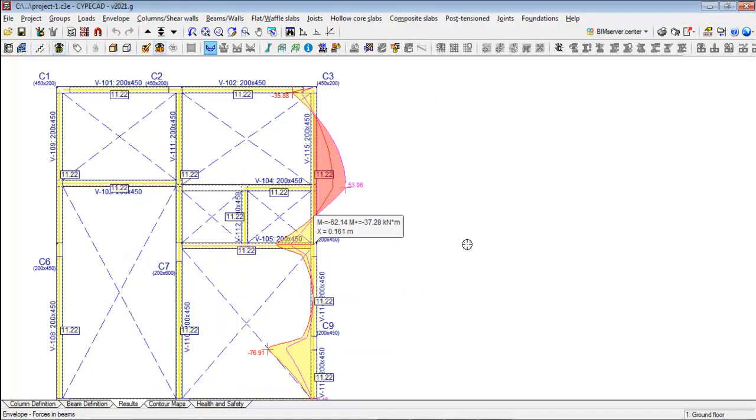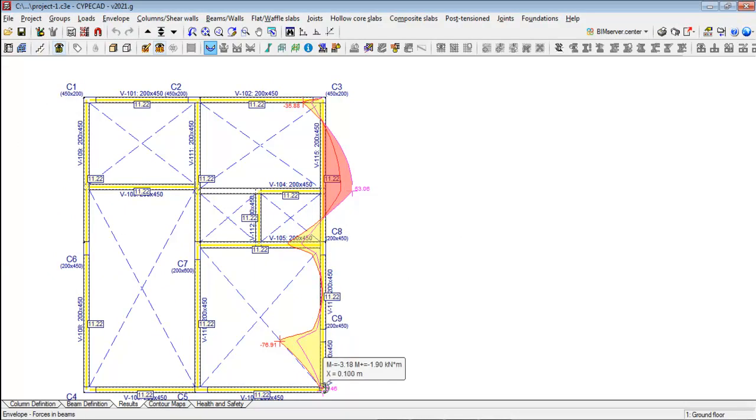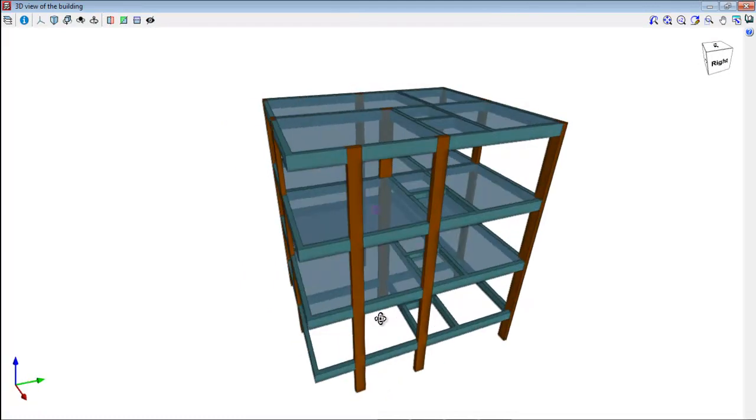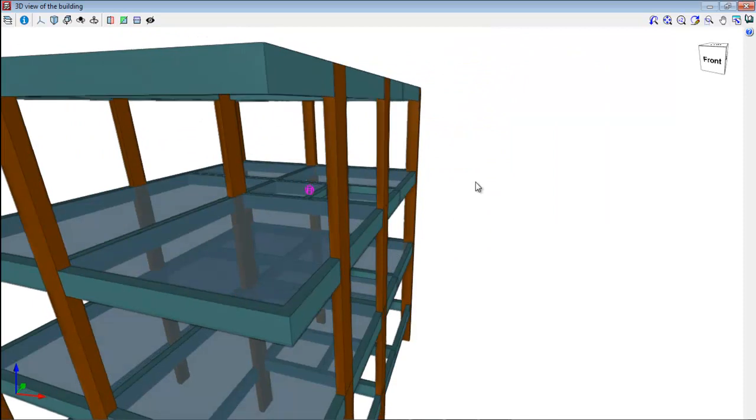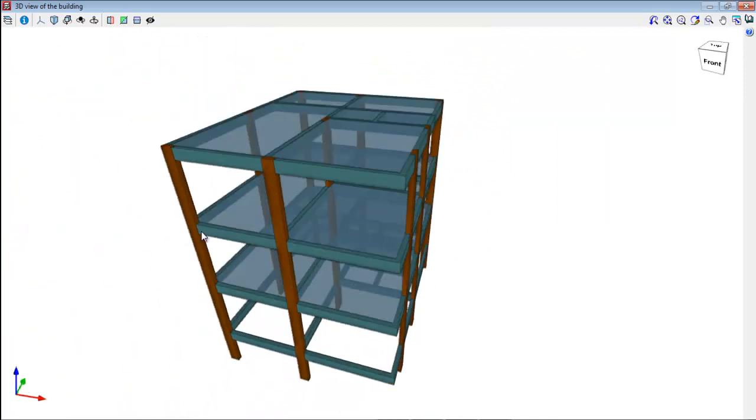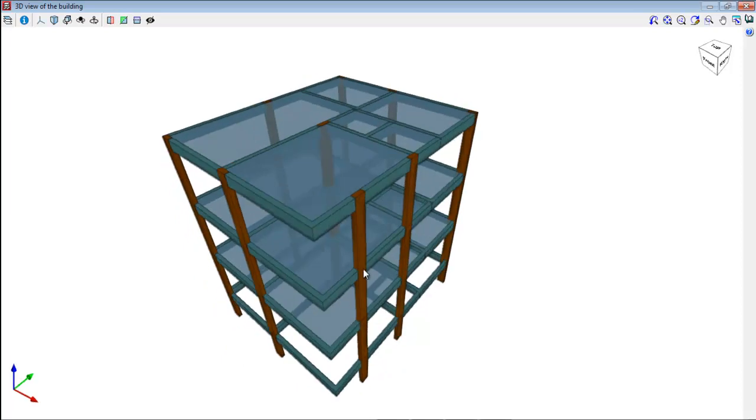Now you see the bending moment pattern. You can see this is going up here near the support and then comes down again near the support, going up, then again it is coming down, sagging bending moment, then hogging bending moment. So if you look at the 3D view, you can see this. There are two possibilities here. One is the propped cantilever and this is the cantilever.